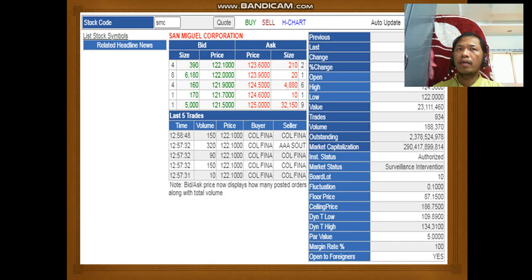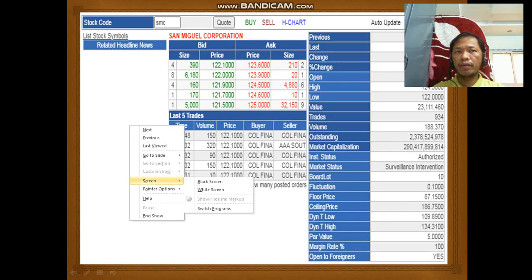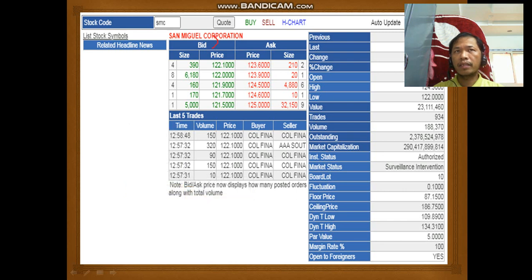So last Saturday we discussed the bid and ask. This is the bid area, this is the buyer, and this area, the ask, is the seller. If you see here, there are 6,180 total shares they want to sell at 122 pesos per share. There are 8 persons, no? And there is one person here at the bottom, and he wants to buy 5,000 shares at 121.5 pesos per